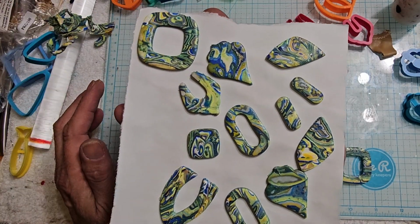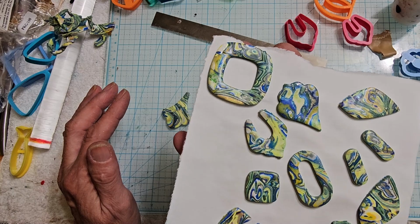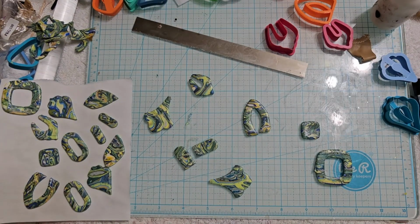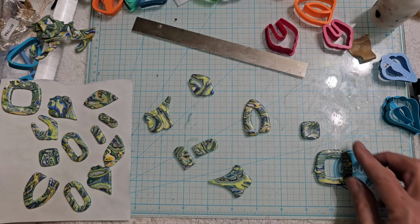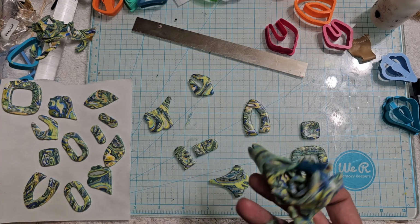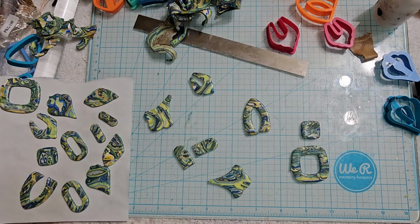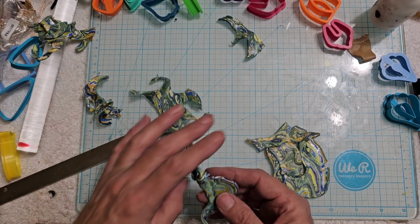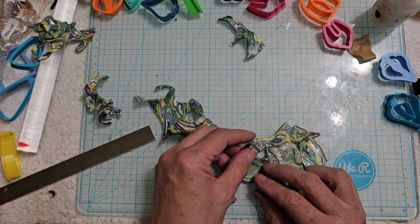Okay, so they're a little different. I like the colors. But the thing is I know that there's going to be a lot more sparkle than what I'm showing here. So let me move this over and then I'll show you what we're going to do with that. Alrighty, so you could piece it together and continue to cut out,